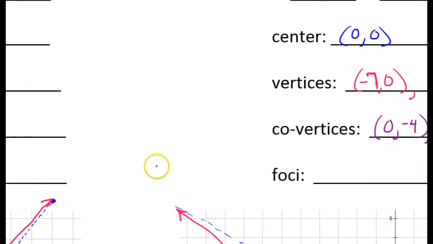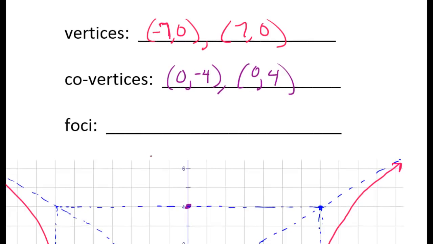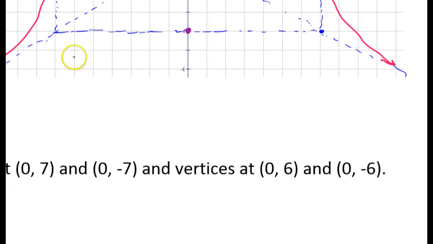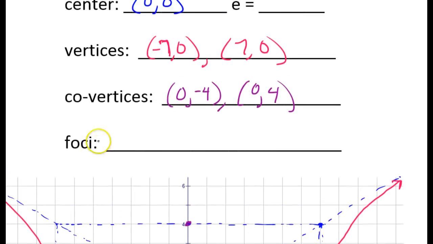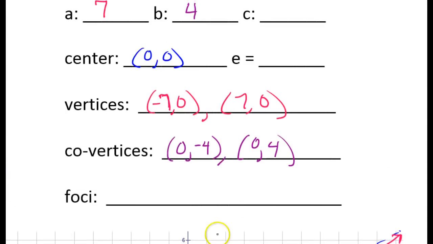Not sure why they're not asking me for the equations of the asymptotes. I feel like that should be on here. I'm going to add that in. Okay, so anyway, the foci,